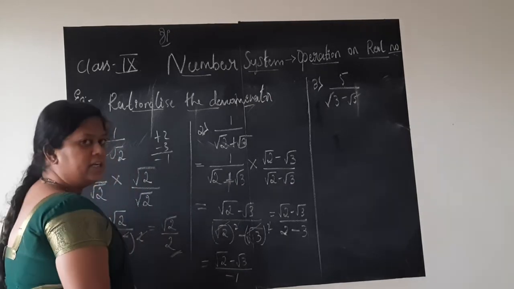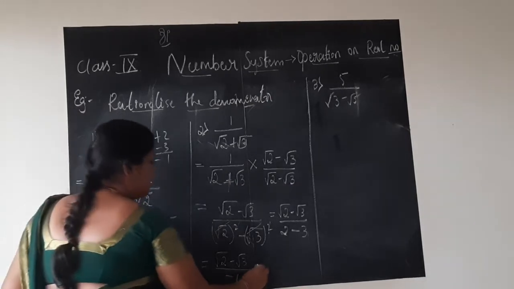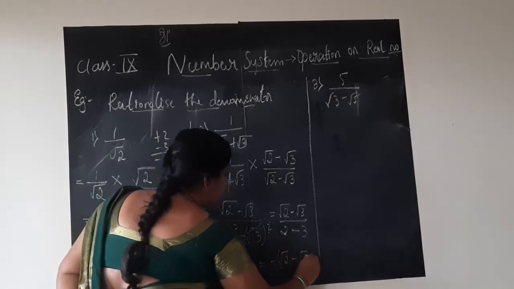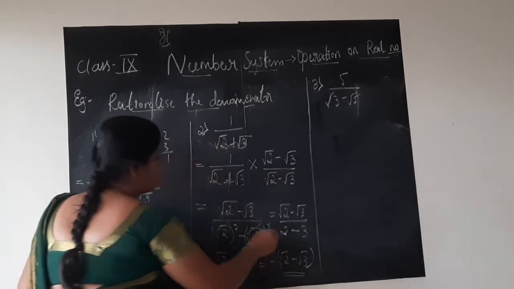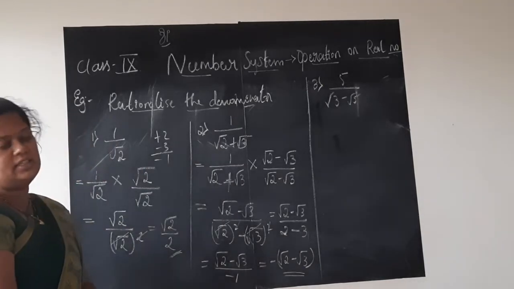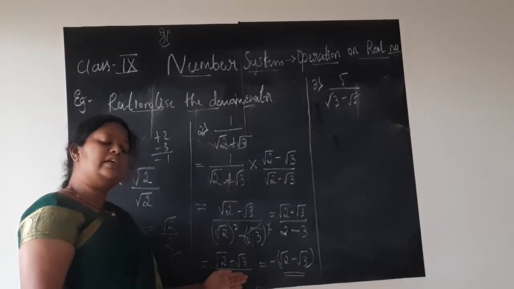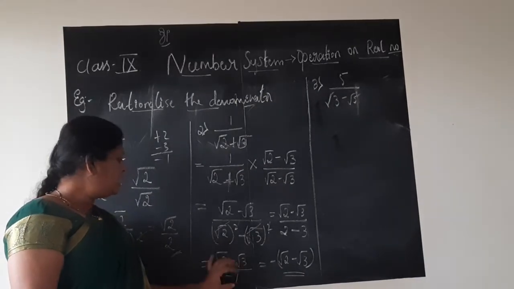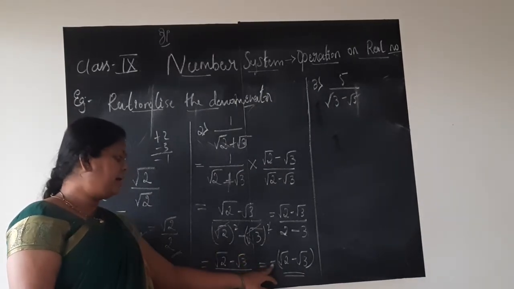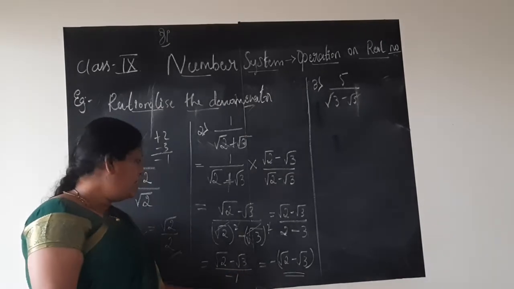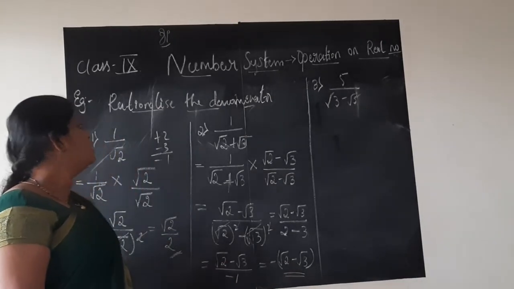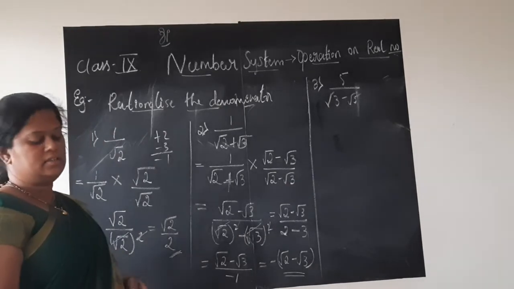Instead of writing minus 1 in the denominator, what we can do is write the answer as minus of square root 2 minus square root 3 and keep the final answer. Denominator 1 means writing and not writing doesn't make any difference. So this minus sign applies to the whole term, so we will write it in the numerator and you can leave the denominator. Minus of square root 2 minus square root 3 is the answer.